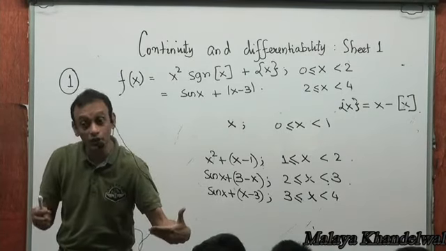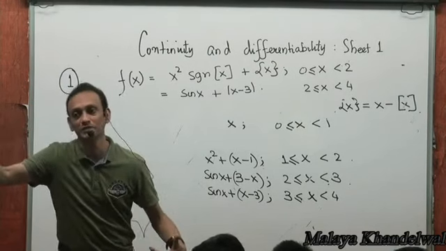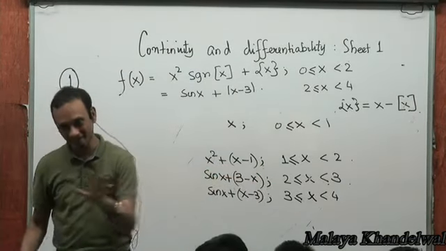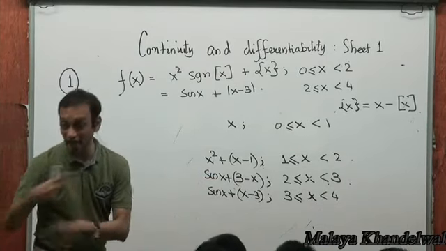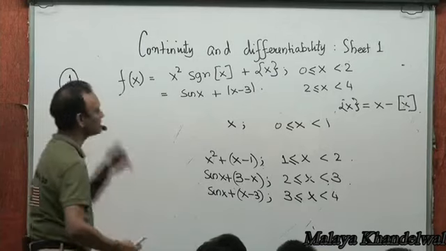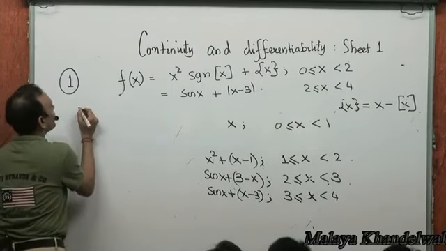Continuity will happen, but if it is not differentiable at that point, then you will still have to check for continuity, right? So it's difficult to take a call if the complexity of the function is large, right? So then f dashed 1